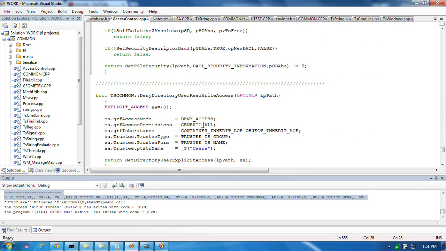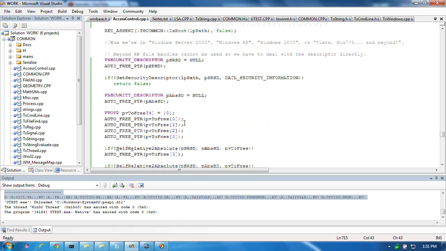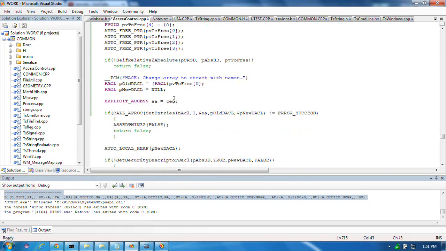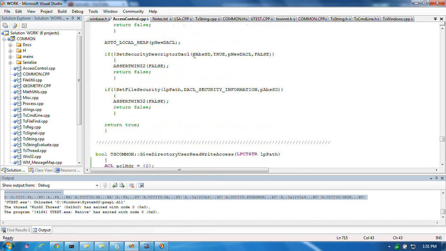Deny. No, this is right. Sorry, I changed some of these things to try and clean up a bit. It's not much cleaner, but anyway,